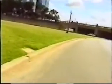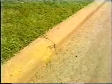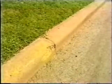Again, here we pass the landmark of the manhole cover, and we go about 8 feet and stop, sir, right here. Yes, maybe a little further, just a little. And observe, all right, observe, I'd say bring it a little further. In fact, it comes over more to the left. All right, stop. Maybe back it up a little so we can see it again. Right there, stop it there. Observe that the linear fracture coming in from the viewer's upper right-hand corner to the left appears to be a linear bullet mark. In any case, it certainly is a linear fracture